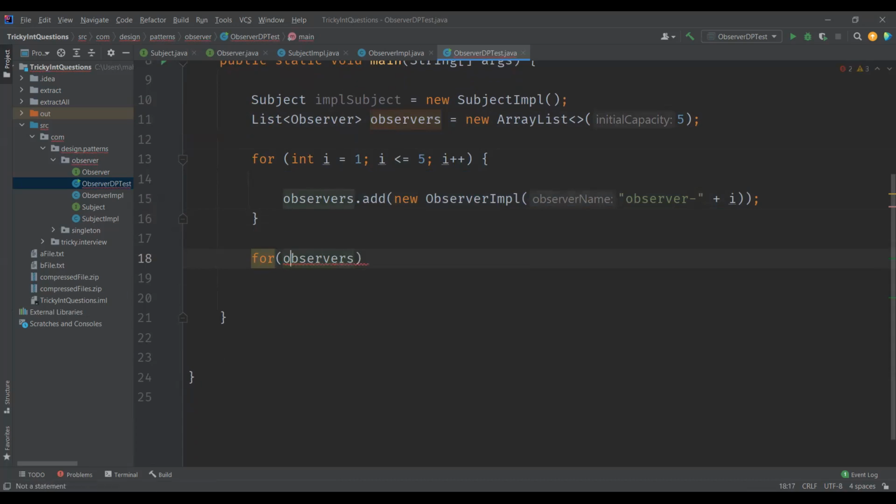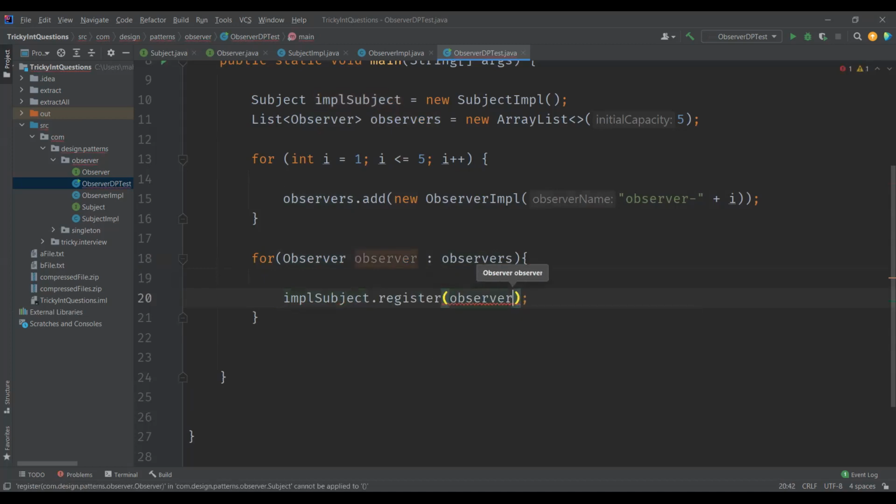For each observer from the list, we want to call subject dot register to register the observer, and we'll also call the observer method set subject to set this subject on the observer.